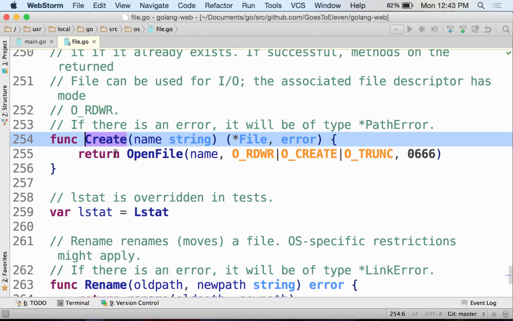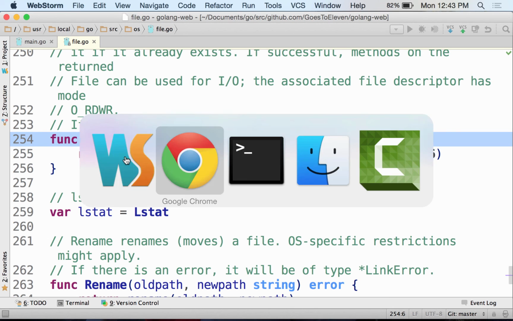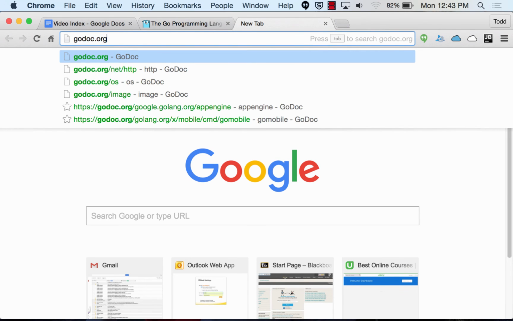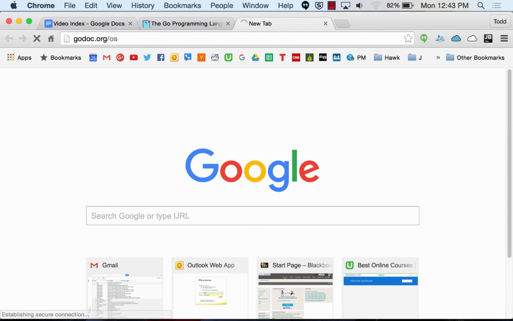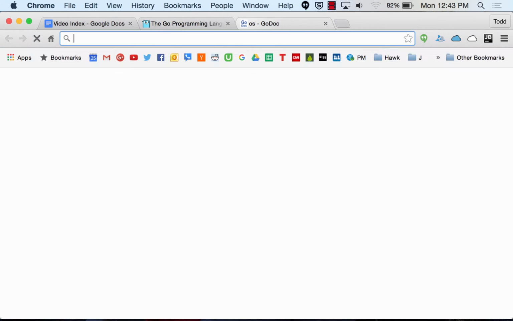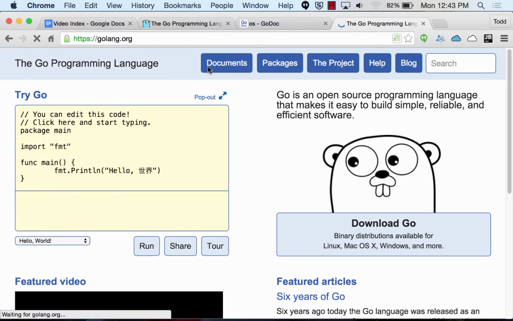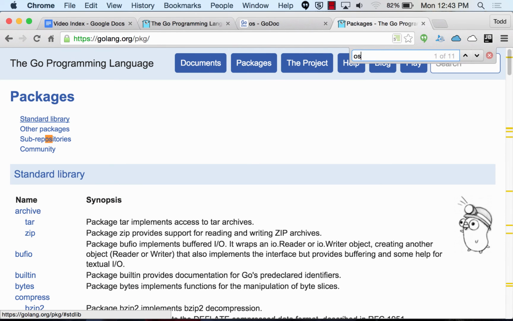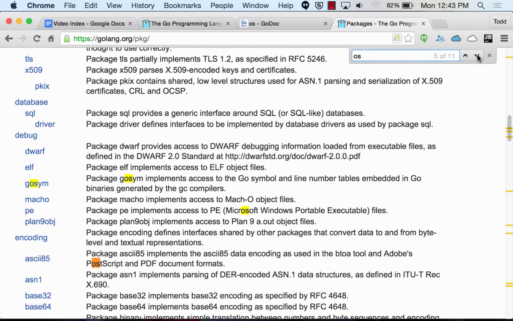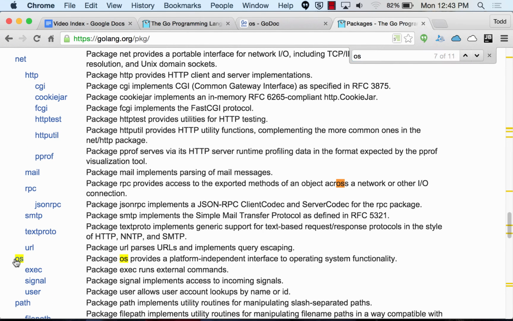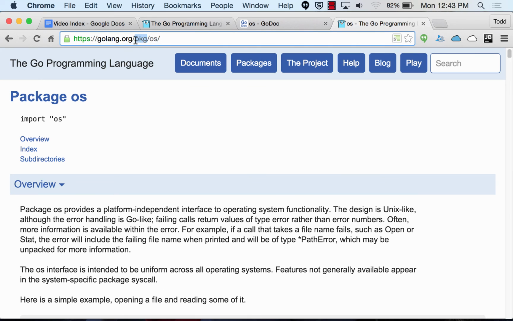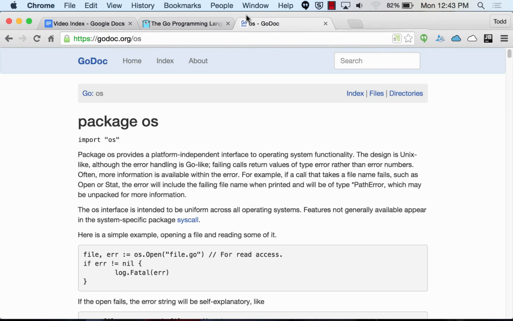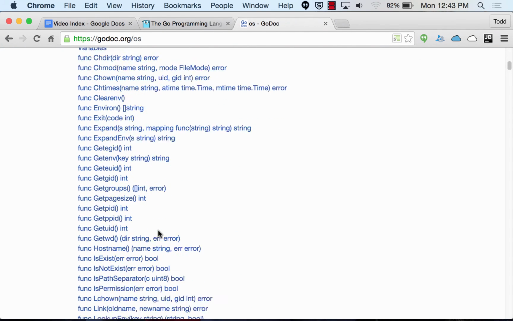And then back in the standard library. Maybe I want to go over and look at that in godoc.org and just see what it looks like there. So godoc.org/os will take me straight to it. Also, I just want to point out golang.org documentation, package documentation, find os, all kinds of os. Here I could also change it from package to source and see the files. Interesting. But here at godoc.org os, I did the Create, os.Create,